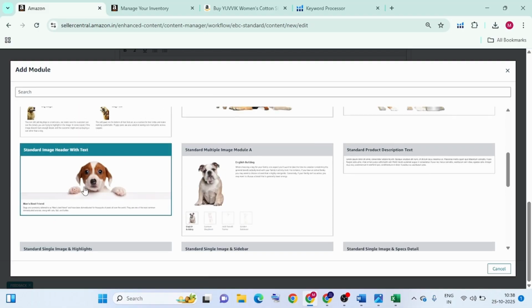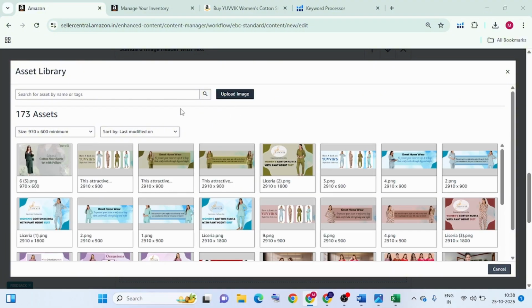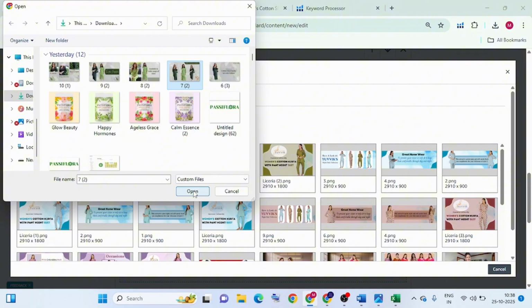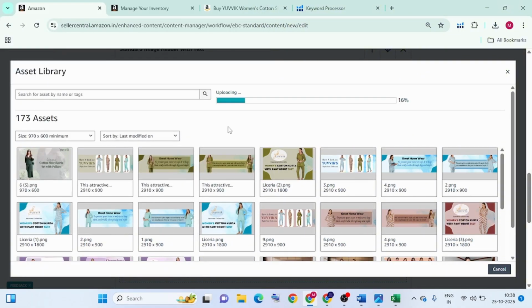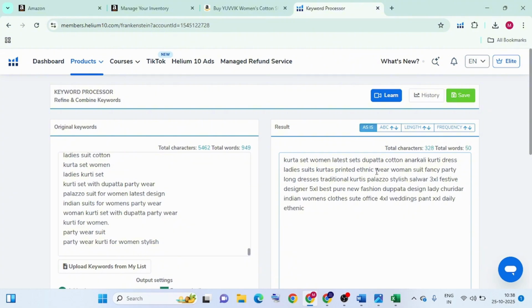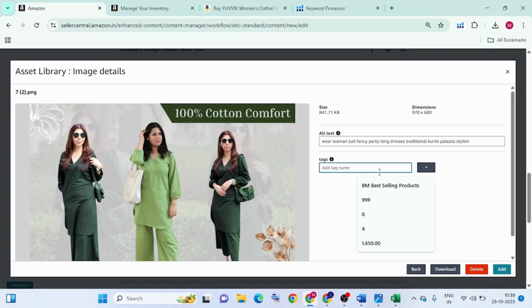So I click yes, second one. Right. For those 5 modules, you can use the same method as for the uploading of the image or the creative. Right, here is my text. I simply write where we will cover stylish palazzo, tags, woman suit, fancy,